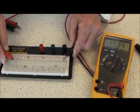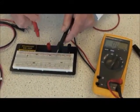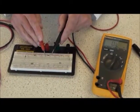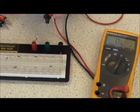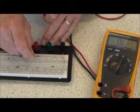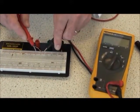If you wanted to measure a particular value of any one of the resistors in the circuit, putting the leads across the component like this would give an erroneous measurement because the circuit is complete. It's important to isolate the component by pulling one side up and measuring the component across this way